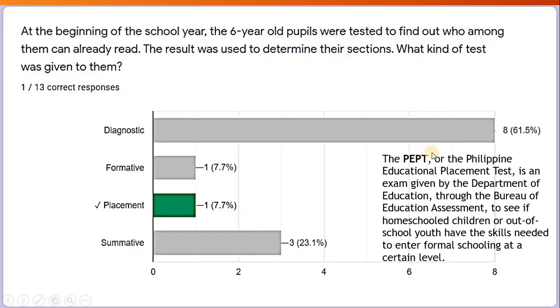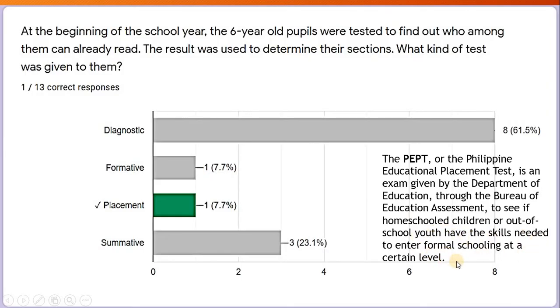We also have the term PEPT. This is the Philippine Educational Placement Test. For example, an out-of-school youth individual never went to formal schooling and wanting to enter the formal schooling, DepEd. So DepEd will actually give that 20-year-old individual a PEPT, Philippine Educational Placement Test, and it will determine what kind of academic achievement or what kind of level the individual will go to. So normally, if it's a 20-year-old individual, it will fall to probably grade 7. So the PEPT will see if the homeschool children or out-of-school youth have the skills needed to enter formal schooling